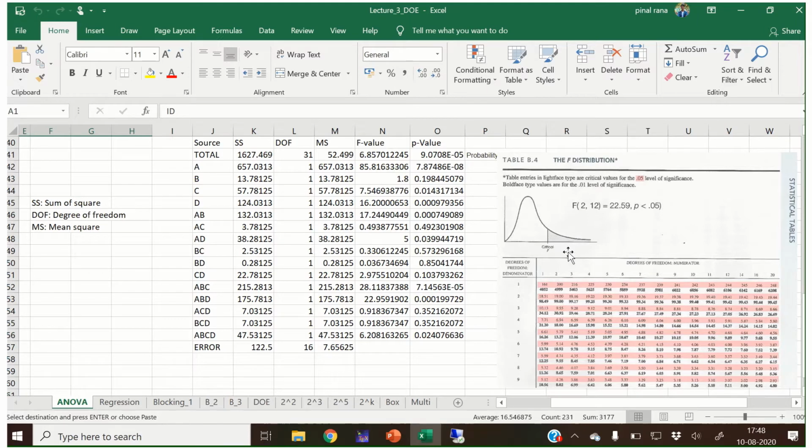And if it is less than this p-value, it falls in the left side of this graph, and we have to take and consider that value in our calculation. So this way the ANOVA table can help us to predict which combination or which interaction is more significant to the response than the other one.